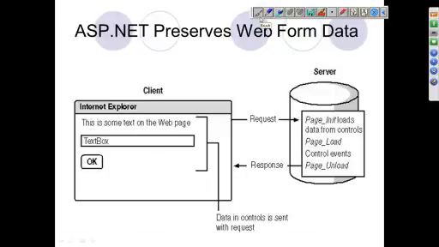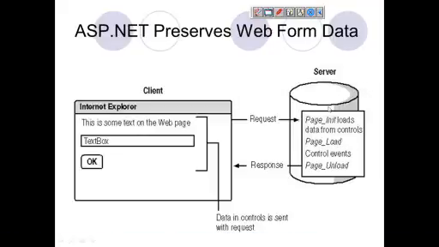So this is how ASP.NET is preserving data within the form. When you have typed data here, the request goes, your page load and control events are all executed. Within those events, your view state is saved, and before rendering, the response is sent, and the data will be reloaded from view state to the front page. Any questions, guys? Any doubts?